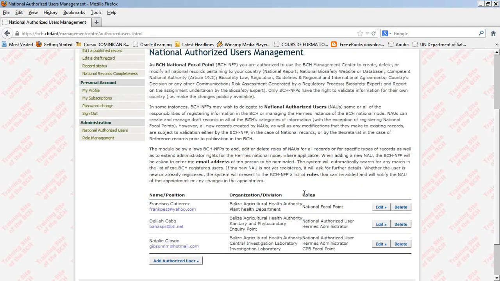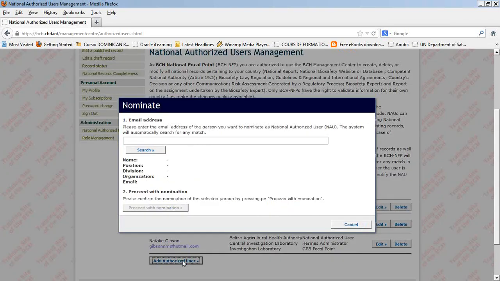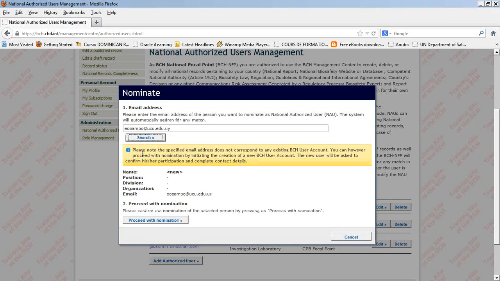What happens if, in another situation, the user does not exist yet as a registered user? We can follow the same procedure. We go to nominate a new user. So we select another person, another email. We search, and now we see that this person is not registered yet in the BCH. So we can proceed with the nomination anyway,